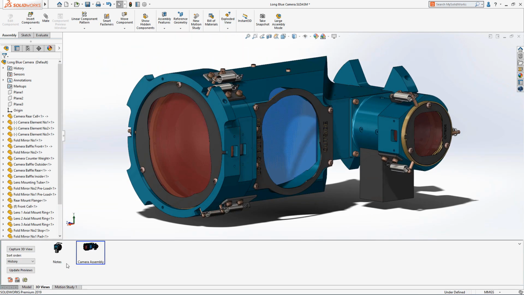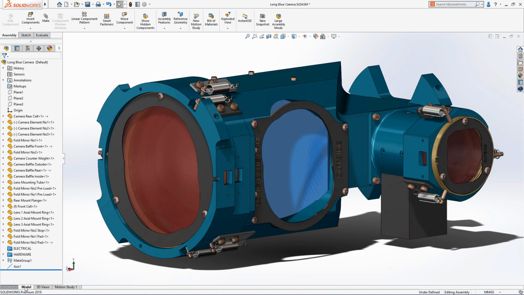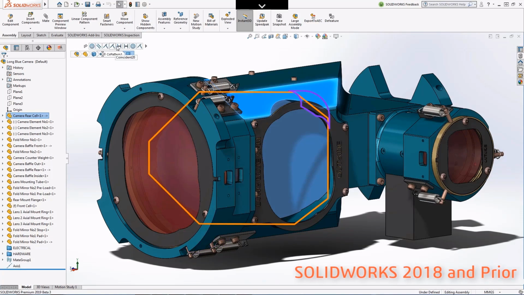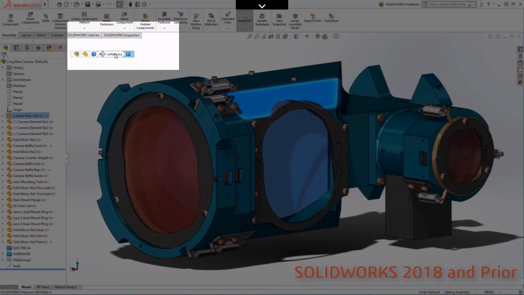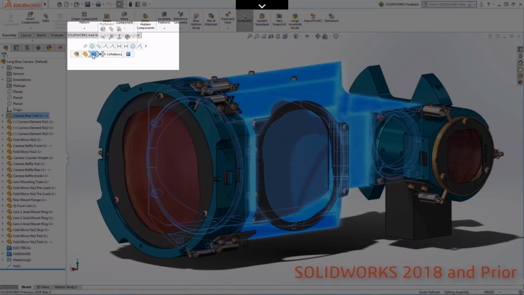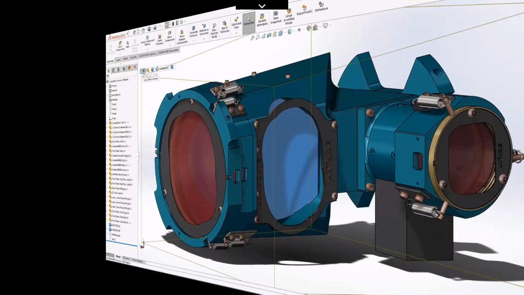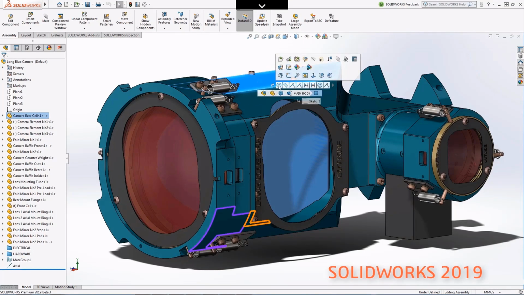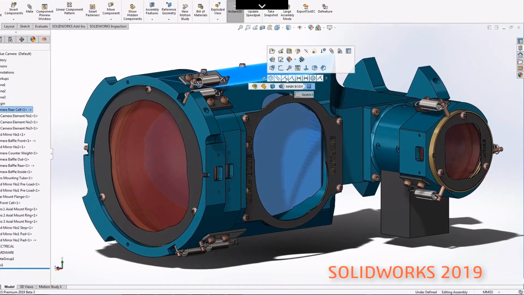Breadcrumbs were introduced a few releases ago and are a very useful addition. However, they're not that commonly used, partly due to where the breadcrumb menu pops up, i.e. the top left-hand corner of the graphics area. You could bring it to the cursor location with the D key on your keyboard. However, in 2019 you can set the breadcrumbs to pop up next to your cursor by default, making it a